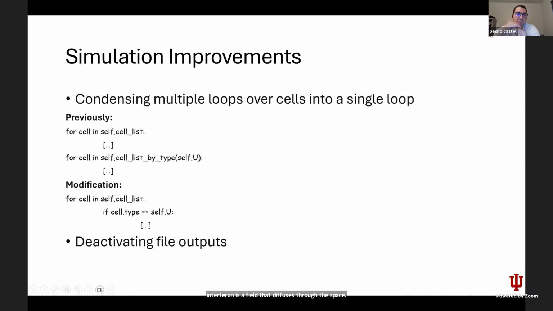We try to improve the simulation at first by not changing the model itself, because whenever you change a model, you run some risk of changing the outcomes. So I limited myself to reducing the number of for loops. Previously, for every mechanism and process taking place, there was a for loop. So there was a for loop for all the cells, then another for loop for each one of the types,